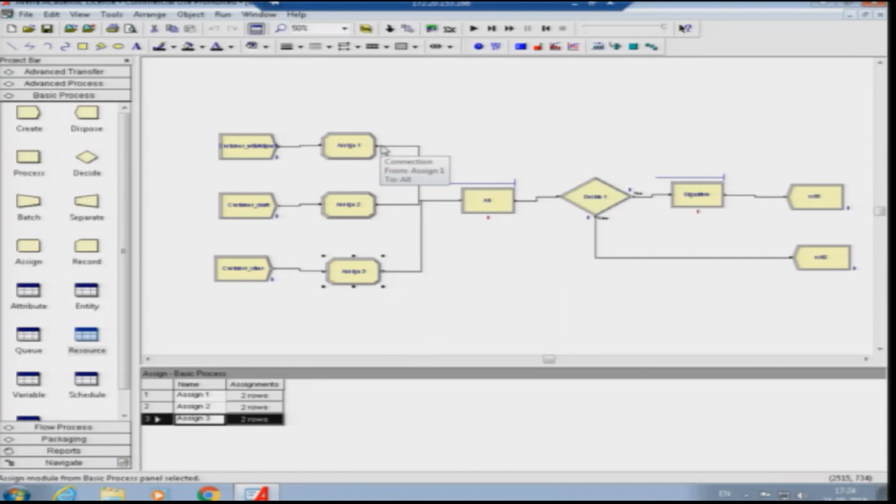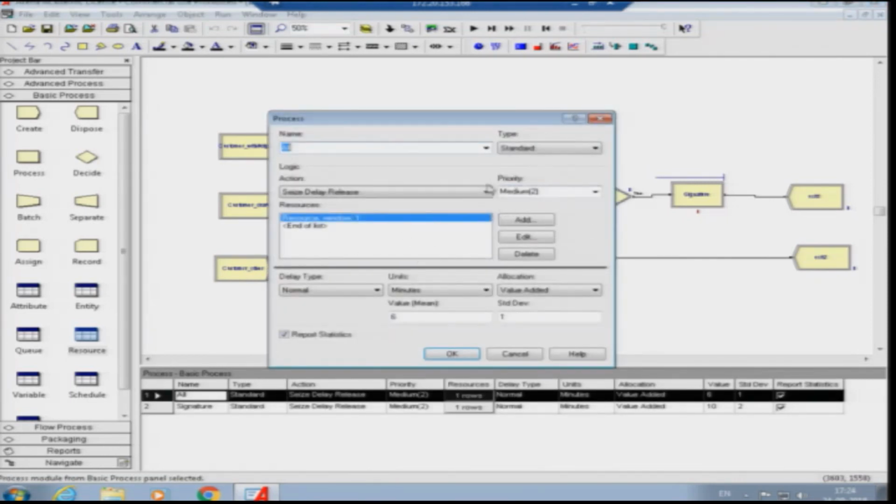Now, when we have assigned these processing times to these three kinds of customers, we have to make a change here. In the delay type we will use expression instead of the distribution used in the previous case.